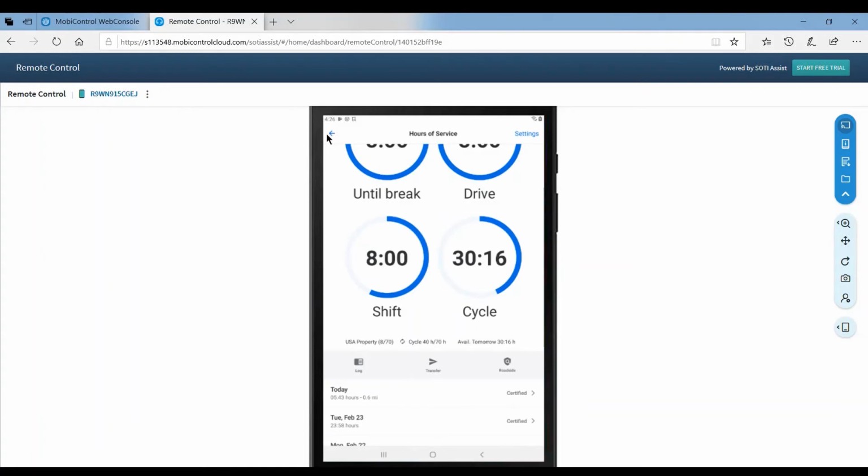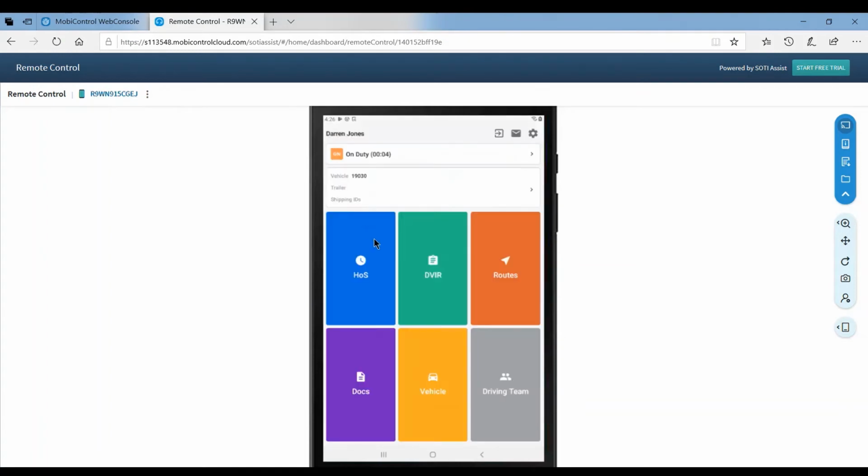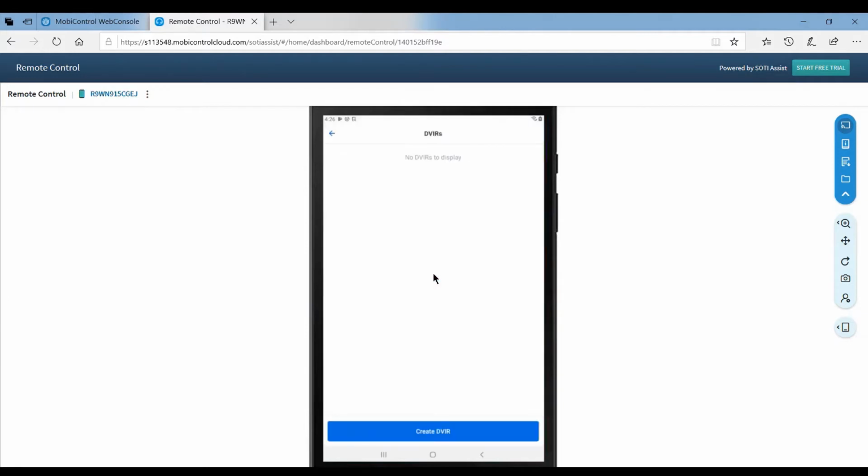Okay, we're going to go back, hit the back arrow. The DVIR, you can do a pre-trip with the on duty. It's got a pre-selected field. We want you to use the DVIR feature. It's a little more in-depth. So just hit the DVIR, and then you want to hit create DVIR,